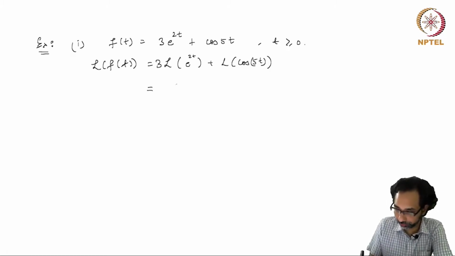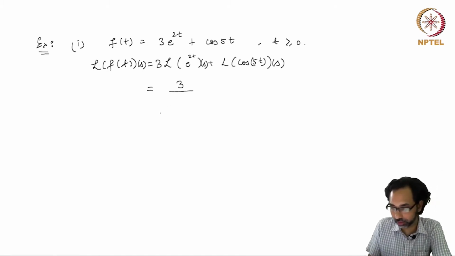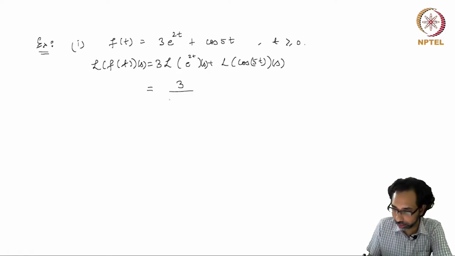So let's see what it is. Of course all these are functions of the variable s. The first one is simply 3 over s minus 2, and the second one is given by s